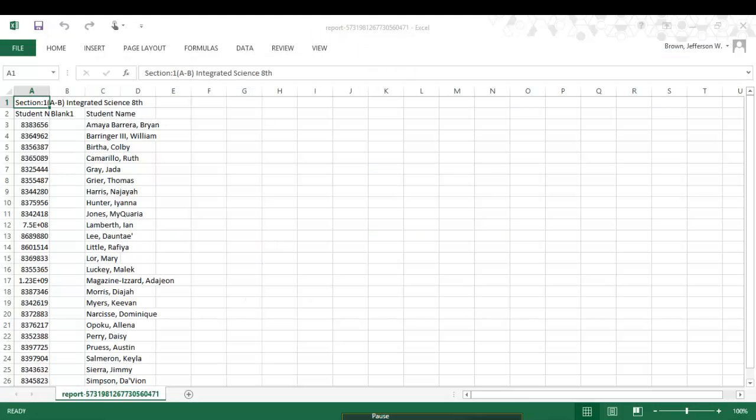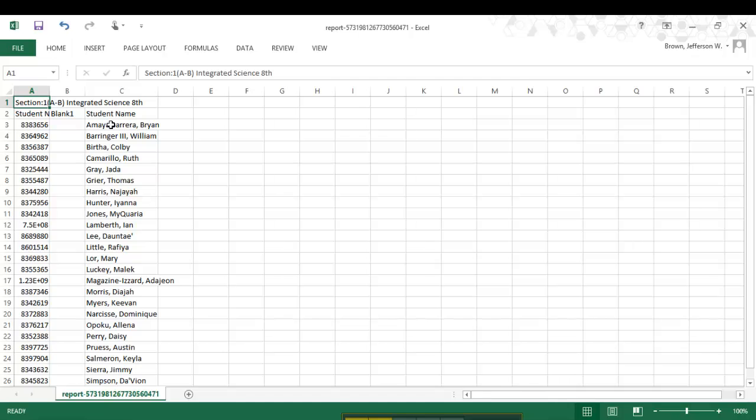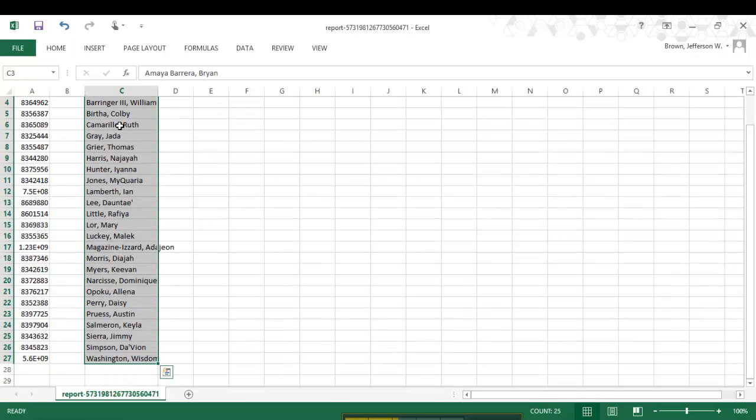As soon as you have that Excel document open, you'll notice you have the student number here, the blank column here, and the student name column here. What you're going to do is select, I'm going to extend this just a little bit so we can see it, but you're going to select all of your students' names. You can do that one of two ways. You can click and drag all the way down, or you can click once, hold the shift key, and then press down on the arrow keys a bunch all the way down